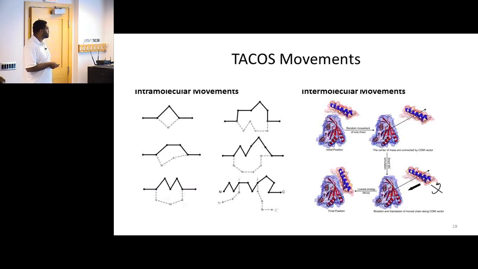Okay. So the movement. When we're doing the simulation, we allow each C alpha to make random movements, and we have 7 different movements here. If this is one of the polypeptide chains, we'll allow this one to move by itself, or groups of them where we hold 2 fixed and allow the ones in between to make random movements. And then we also allow the second chain of the protein model to move around, so we'll allow random rotations and translations to see if we can find a better interface.